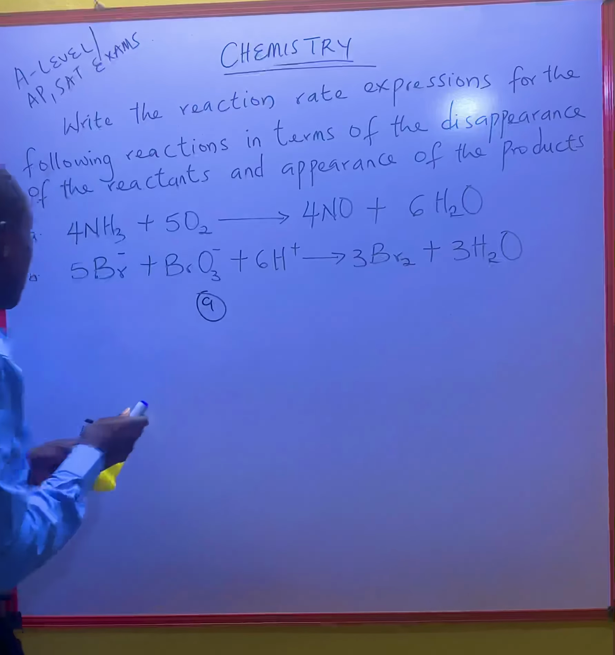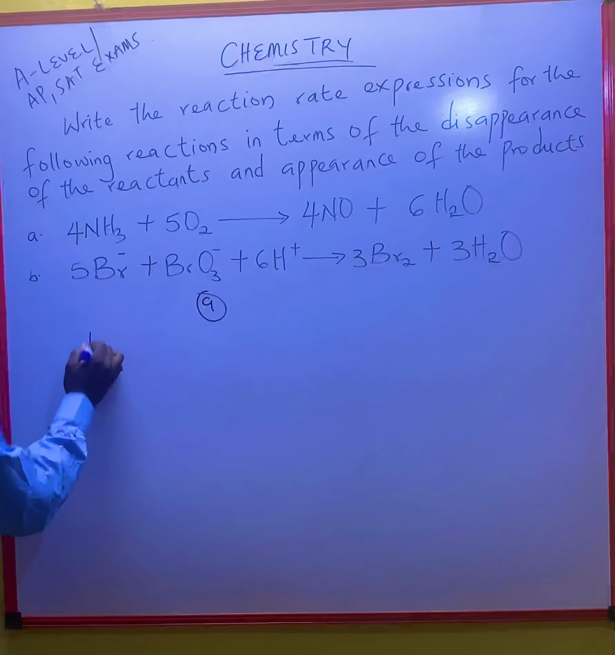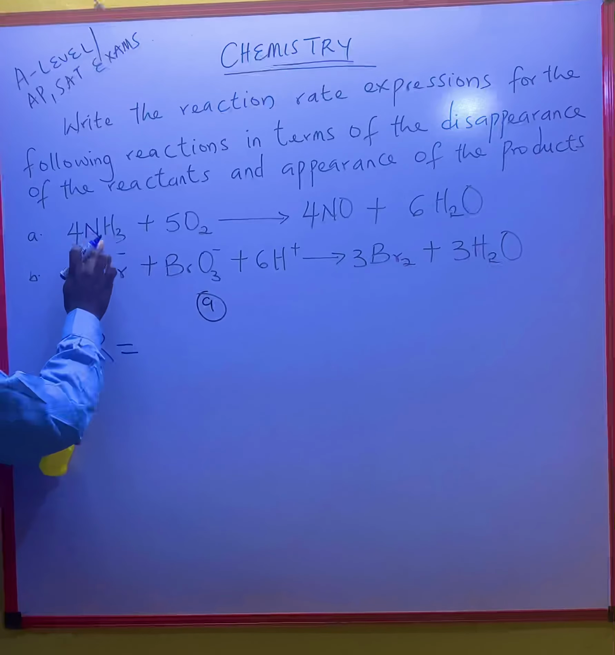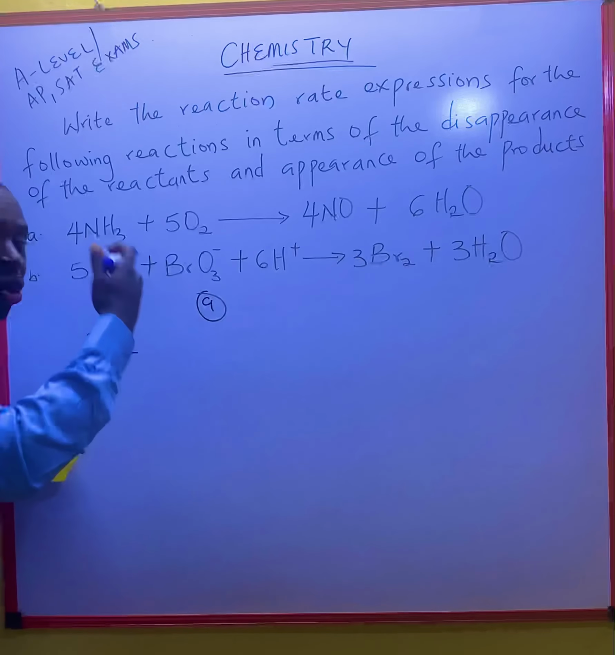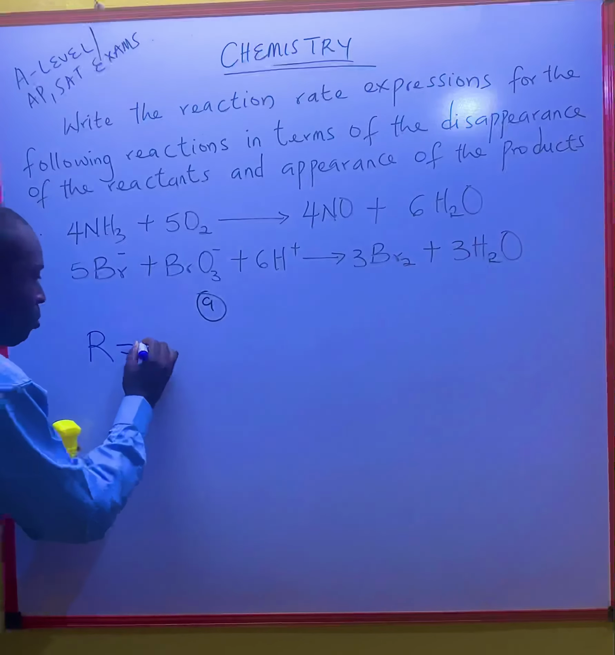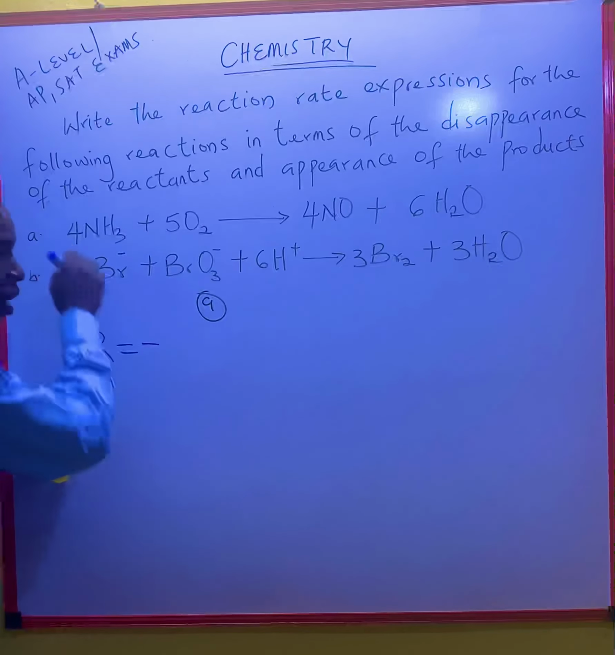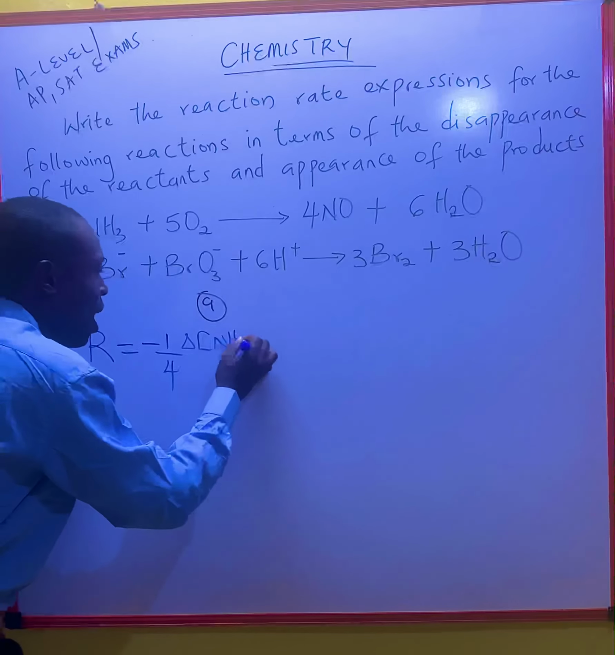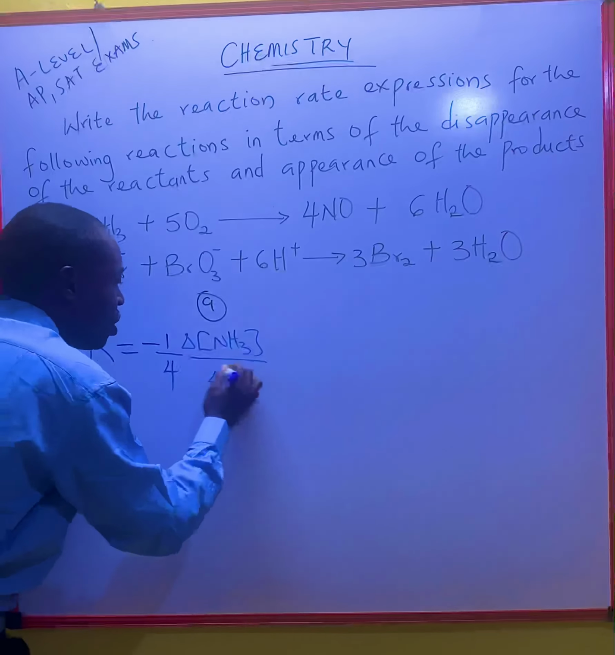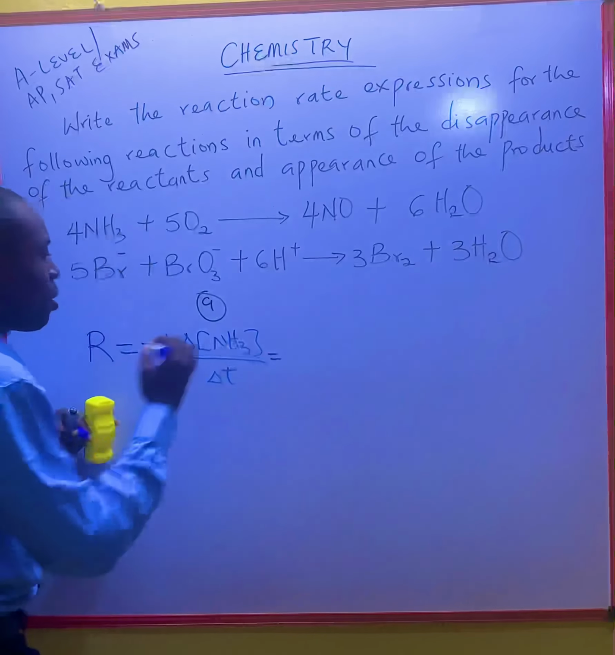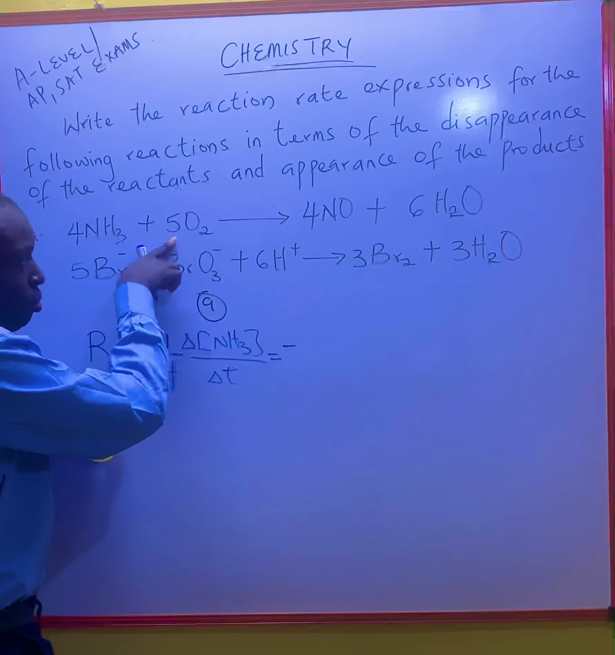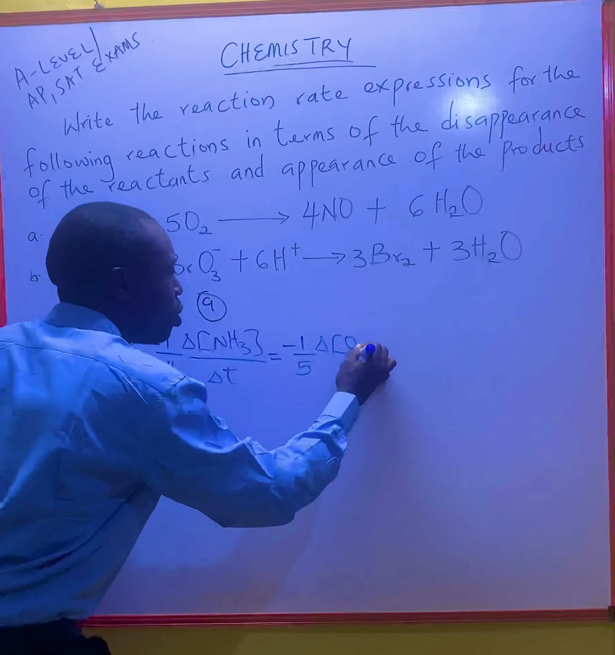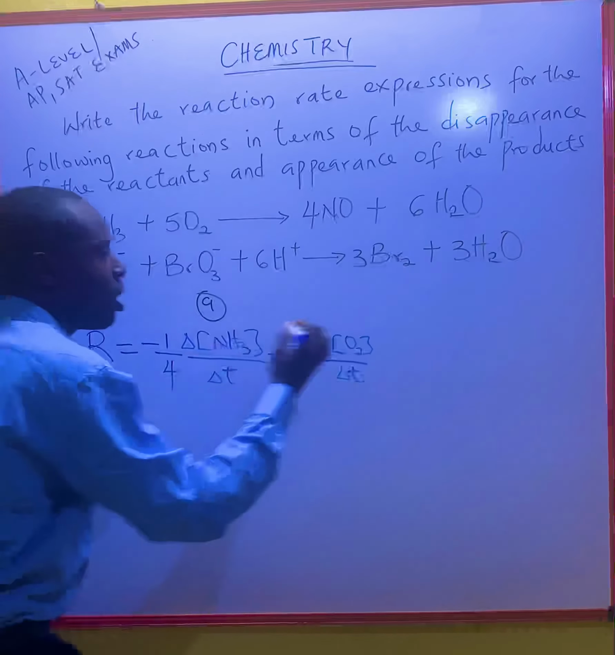Now, in solving this question, I come here. For A, of course, I've told you, the rate of the reaction is equal to, because ammonia and oxygen are in the reactant, they will both start with negative sign. So, minus, this 4 here, which is the coefficient, becomes 1 over 4, change in the concentration of ammonia over change in t, equal to minus, 5 here will become 1 over 5, change in the concentration of oxygen over change in t, equal to